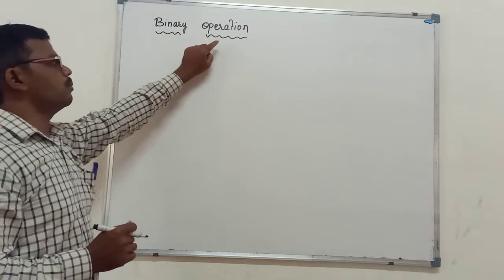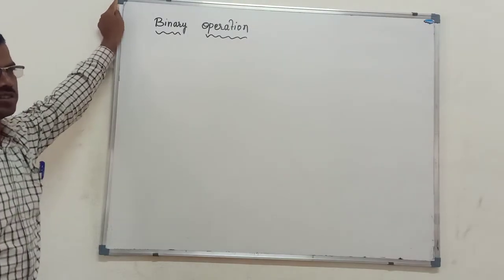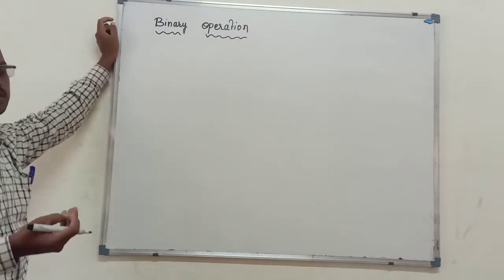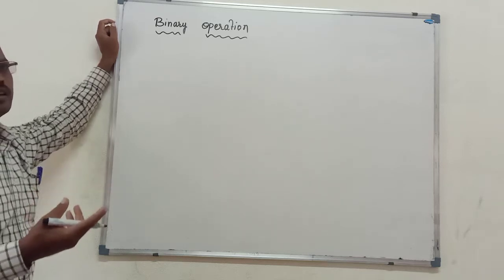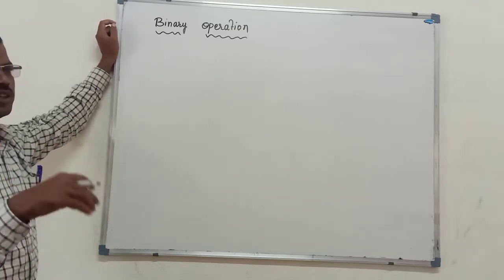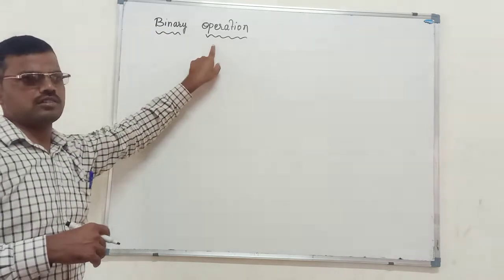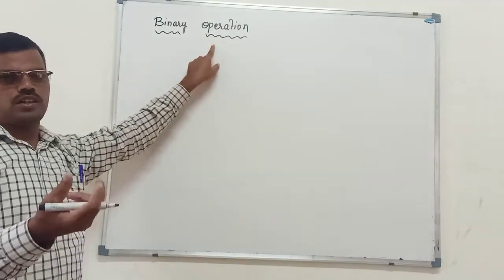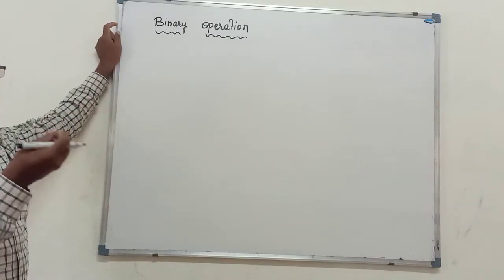So we know about operations. For example, when we discuss operations in mathematics, we know addition, subtraction, multiplication, division, so on. These are the operations we are using here. So whether these are binary operations on which set? So we have to discuss whether addition is a binary operation on this set.